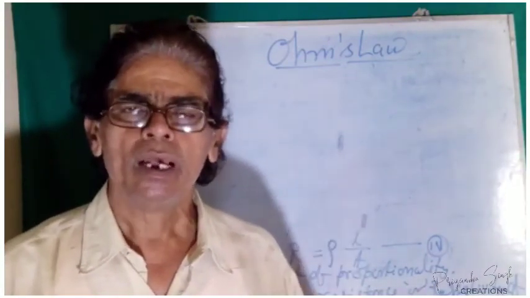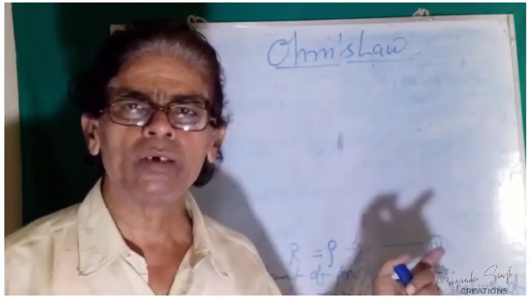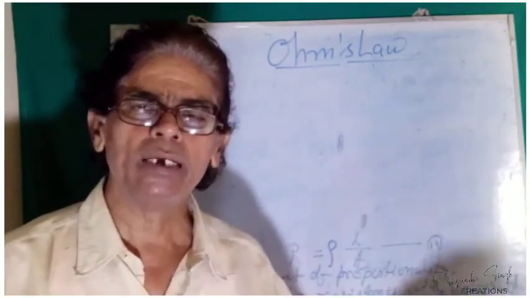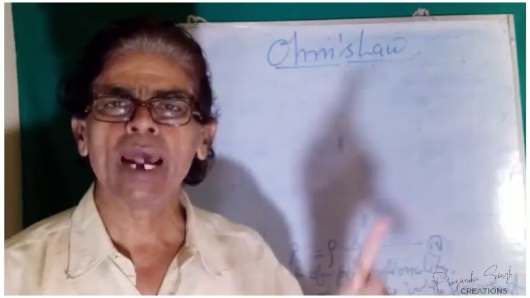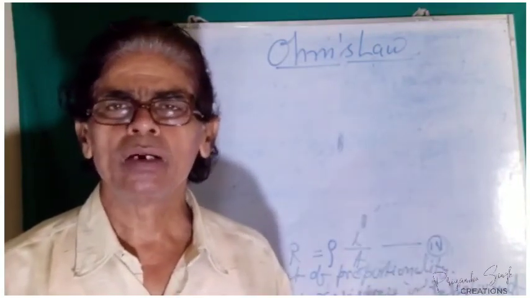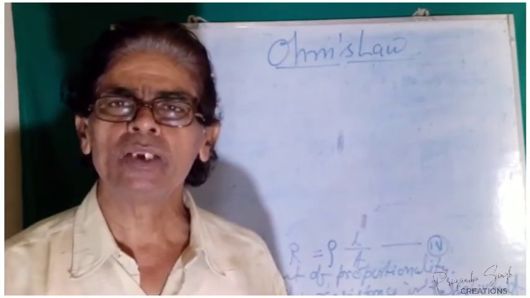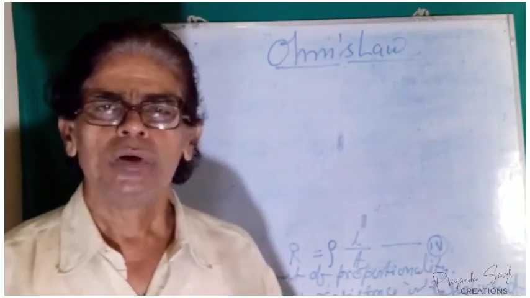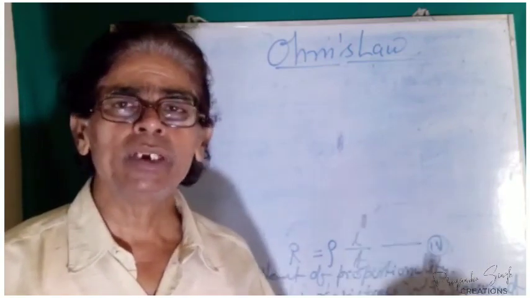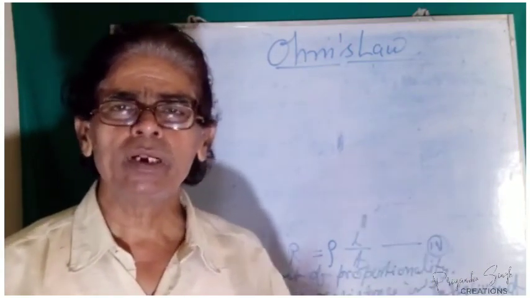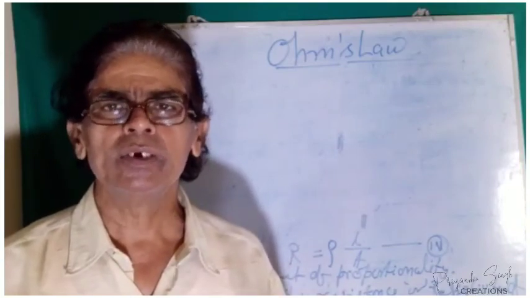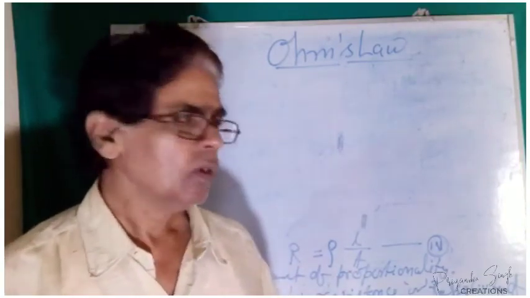That is why in order to have a relation between the resistance and its length and area of cross sections, we have to specify the temperature as well as the nature of the material. So higher the value of resistivity, lower the conductivity, and lower the resistivity, higher the conductivity.